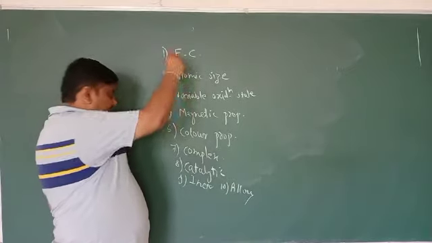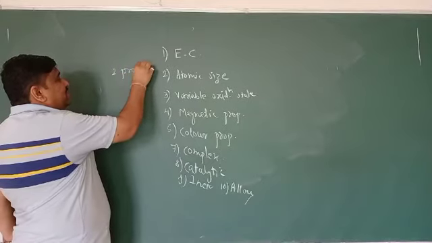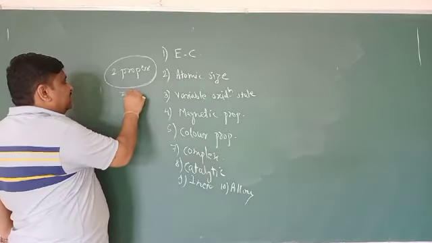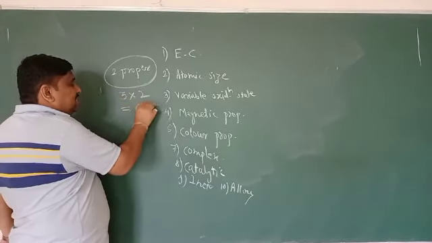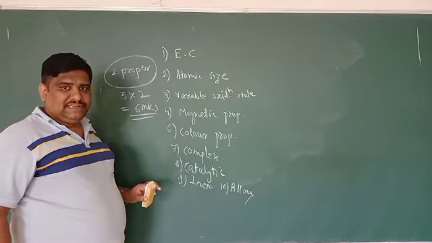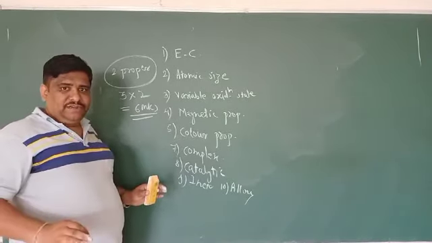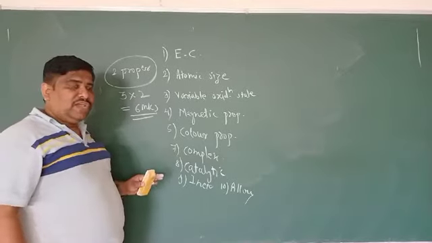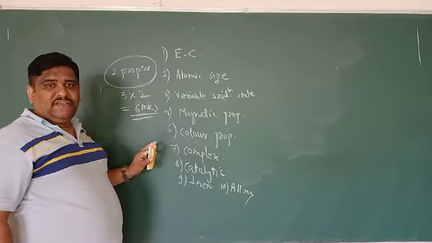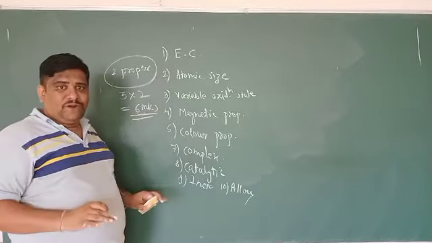Among these 10 properties, 2 properties they will definitely ask. You are going to get 2 properties for 3 marks each, that is 3 into 2, 6 marks from these 10 properties. So that's why the d block element is very important. This is the first reason. From the d block element, 2 properties we will definitely get, therefore 6 marks. Weightage wise it is more, therefore d block is very important.